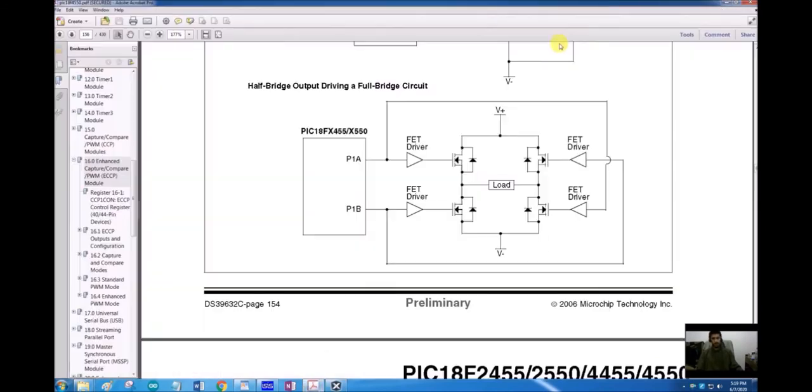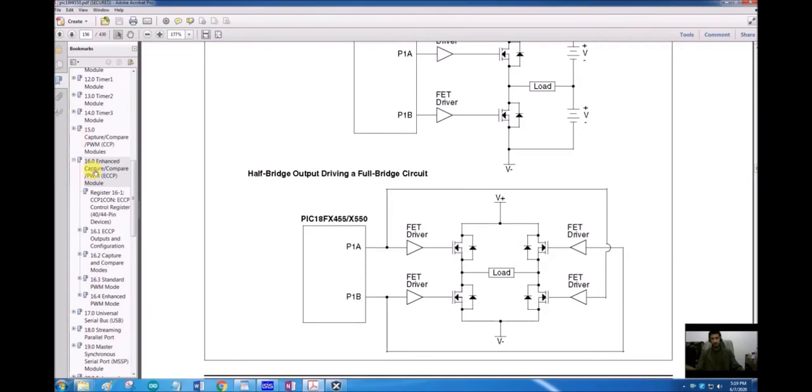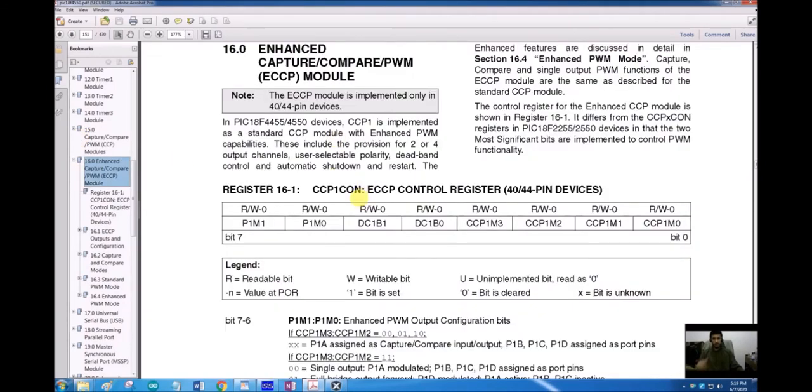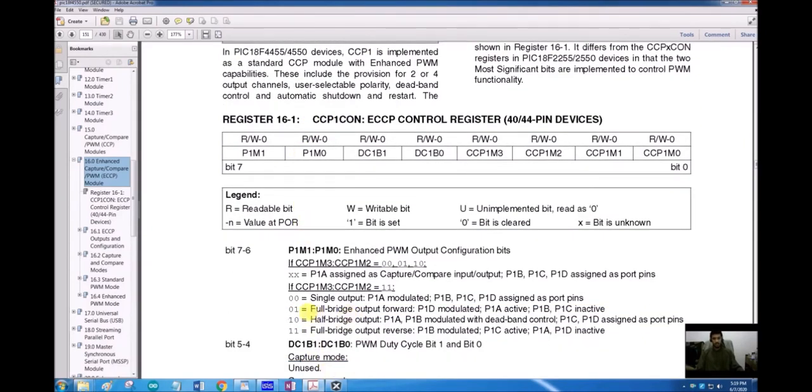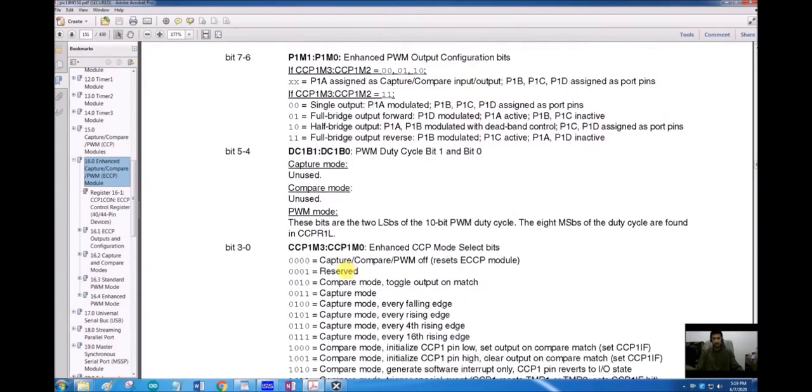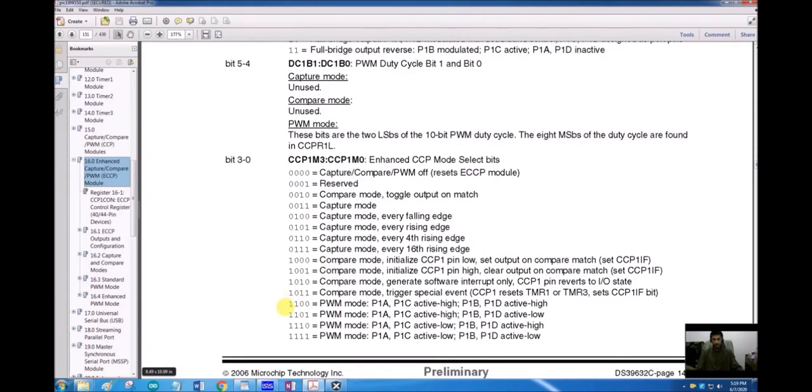So the first thing we want to do is set some values in the ECCP1CON register. We are going to use it in full bridge mode, so we will set 01 for the first two bits, then 00 for the next two, and then 1100 for the last 4 bits to configure it as all active high.